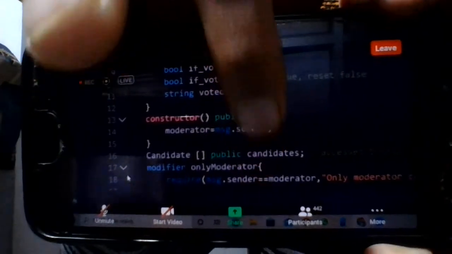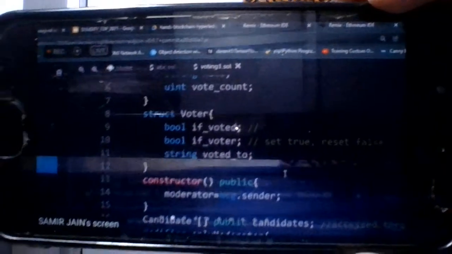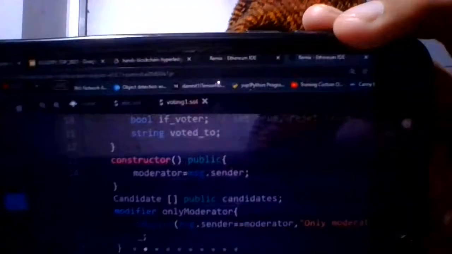Candidates.push. Okay. It should be colon. Sorry for that. Since name is the member of this structure, we have to add colon in front of this 0 also. Okay. Let us compile again. There's some error.